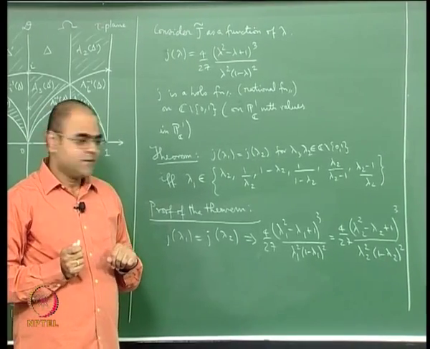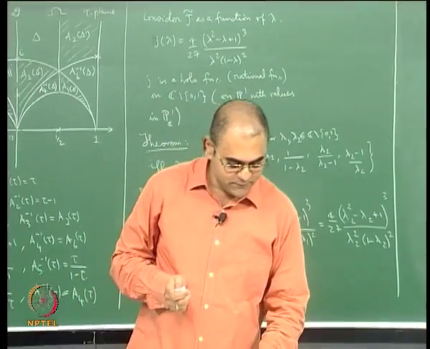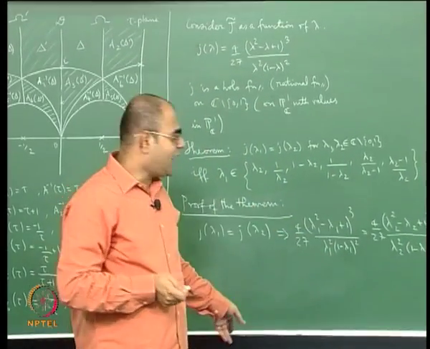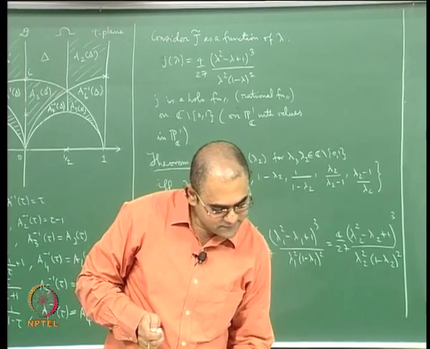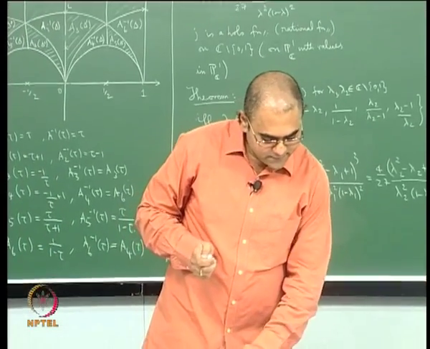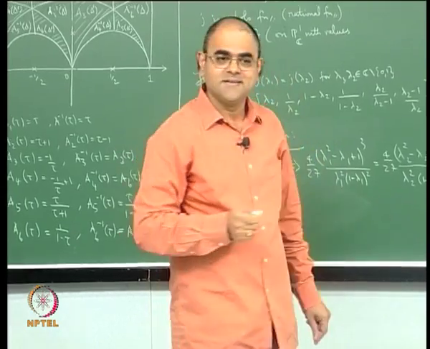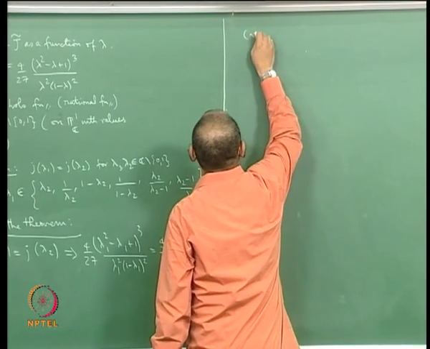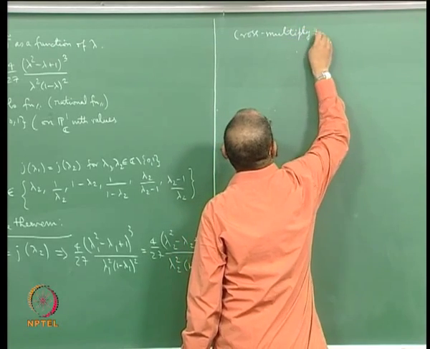So you just cross multiply this, and the first thing you can see, if you play around a little with it, is that it can be factorized. So you cross multiply and factorize,